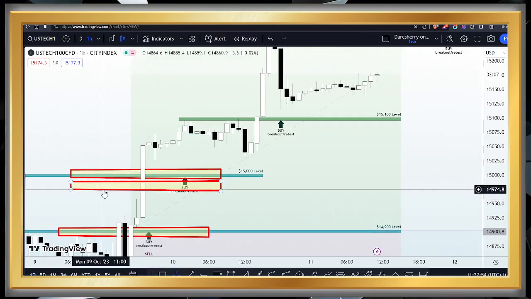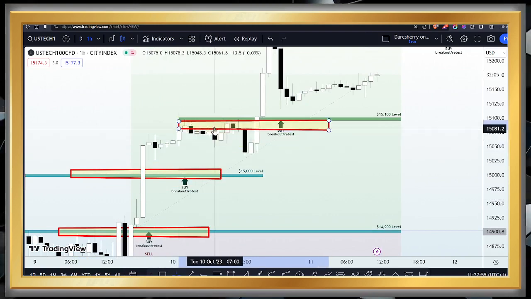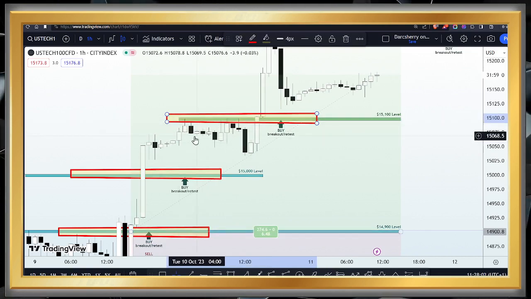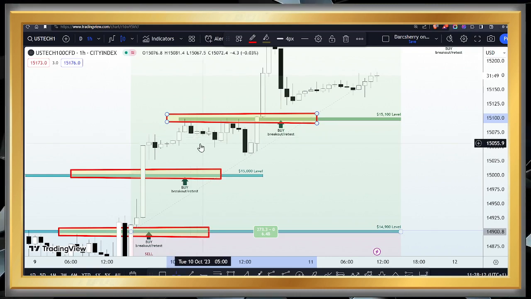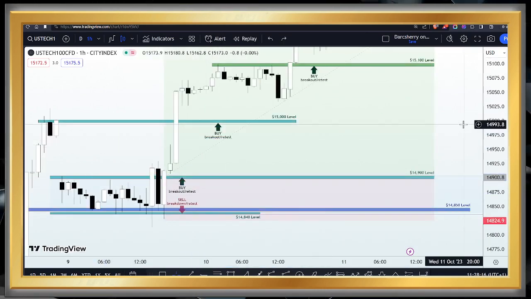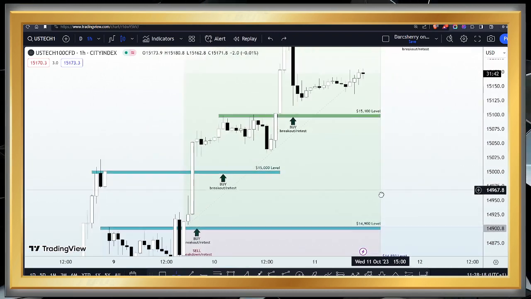Now, during our live session yesterday, we also acknowledged this level at the 15,100 area. That level was initially a selling niche at some points during our live session yesterday, and we said if price action does break out of that structure, we are going to be adding more buy positions to our existing trade. So currently, we should be having about 3 positions running in profit right now.